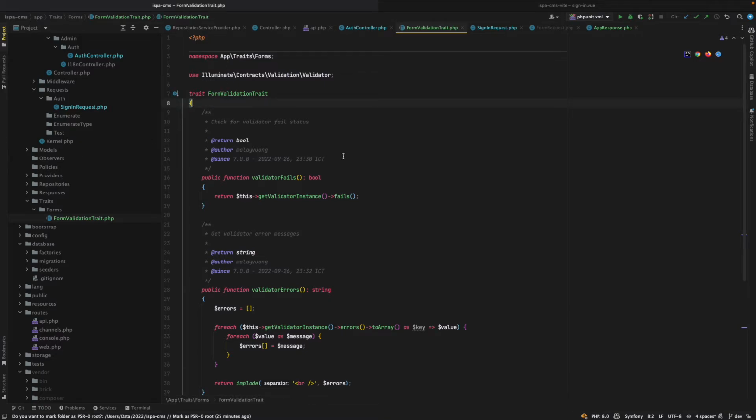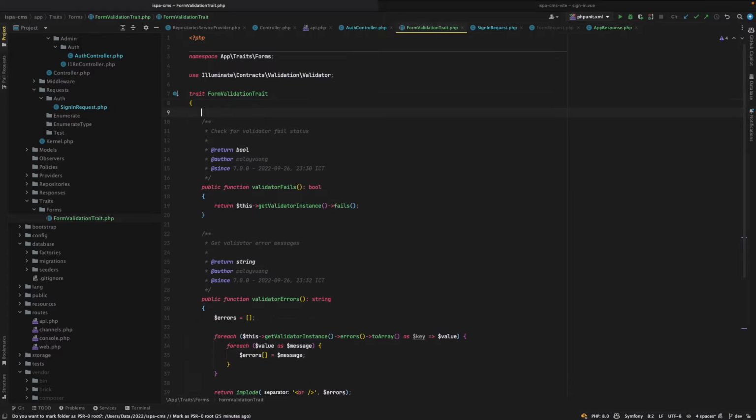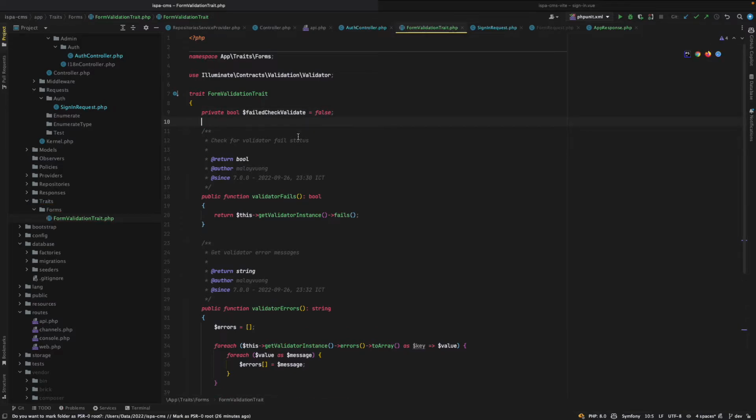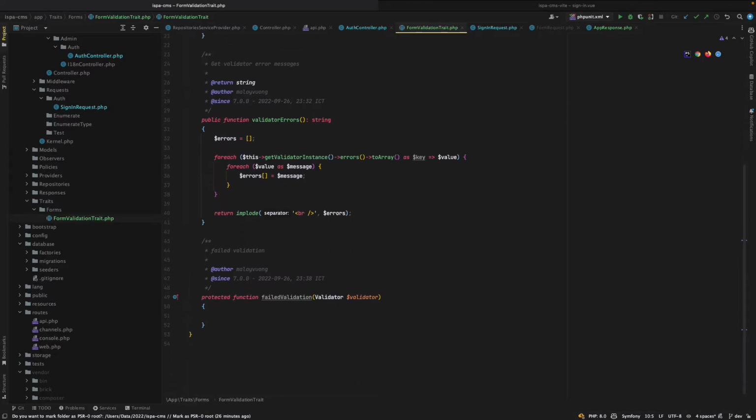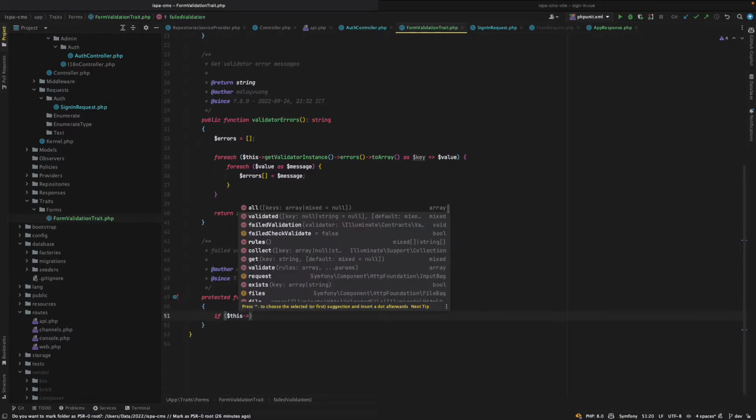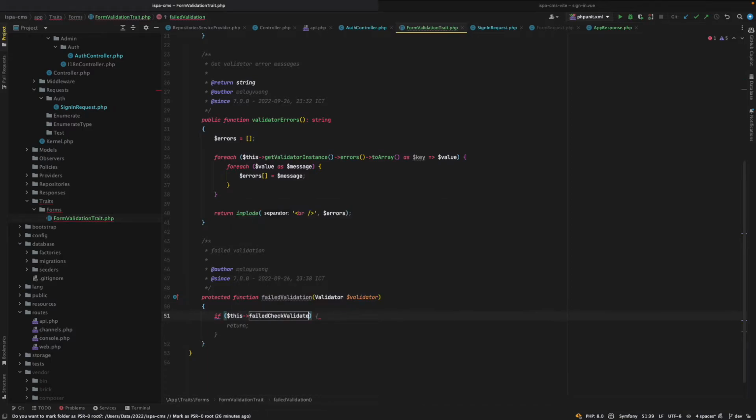Need to private, and then we have the default, we have the valid check validate is failed, and in this case we need to check if this is with the valid check validate, and then